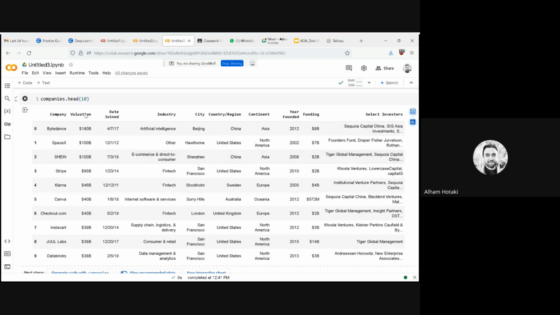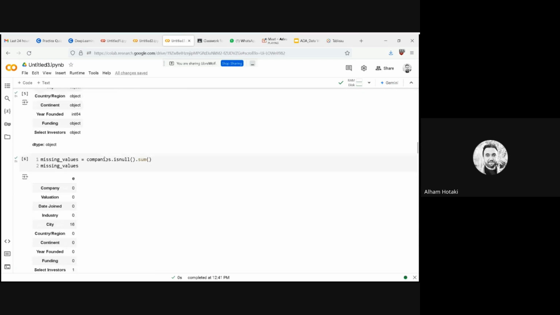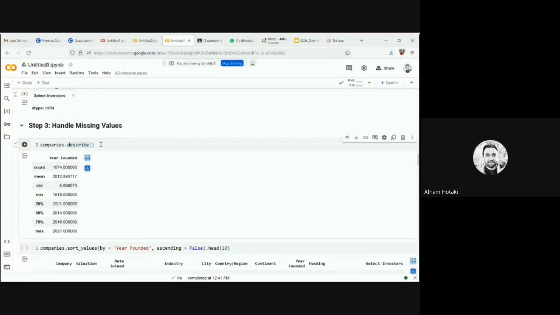These are two numerical columns, but still we don't have anything there. Why is it not appearing here? Because we have to clean the data,